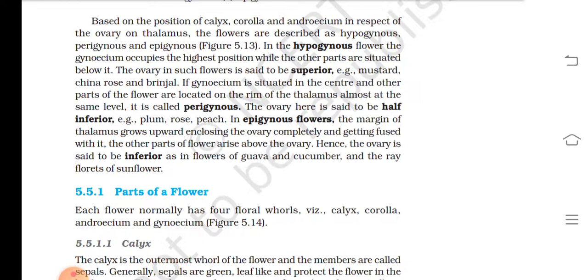In the hypogynous flower, the gynoecium occupies the highest position while the other parts are situated below it. The ovary in such a flower is said to be superior. Example: mustard, china rose, and brinjal. If